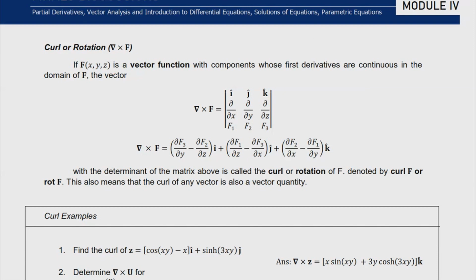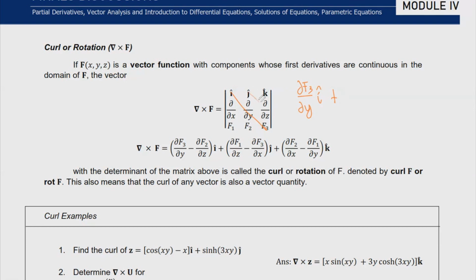So to set up that matrix, you add all the directions here, and then you add this portion of the nabla operator, and then finally the components of the function. So if you take the determinant for this case, remember your determinant for a 3x3 matrix can be solved using cofactor, but in this case I'll just use the scissor method. So you just first take the product of this one, so that is actually the partial of f3 with respect to y, and then that's i hat, okay, and then you add